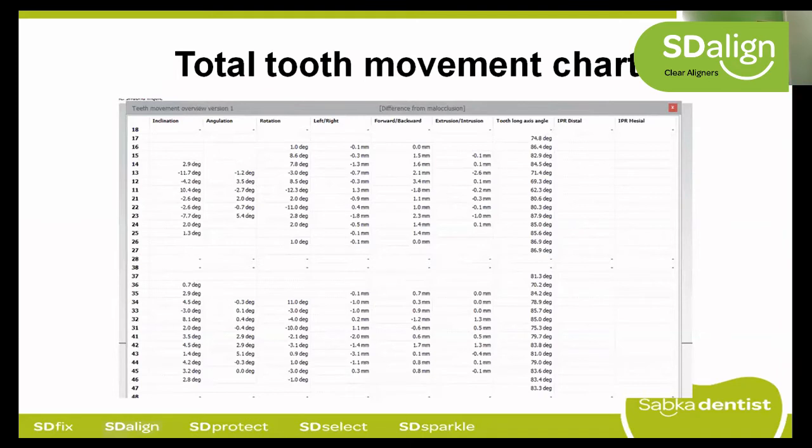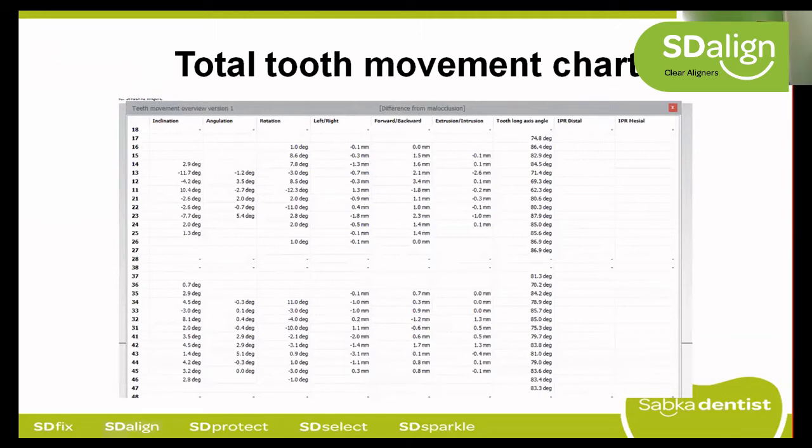So if you can see 1-3, we have also extruded by 2 mm to minus 2.6. If you see the second last column, which is telling us the extrusion and intrusion data, it is minus 2 mm. That is where we have gotten the canine down. Now, to track this canine movement for up to 2 mm, we have to use the extrusion attachment which we provide on the canine.